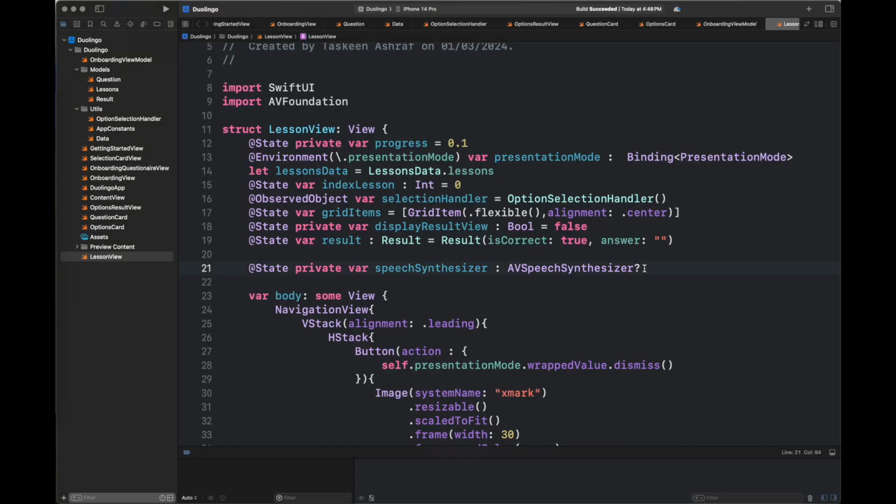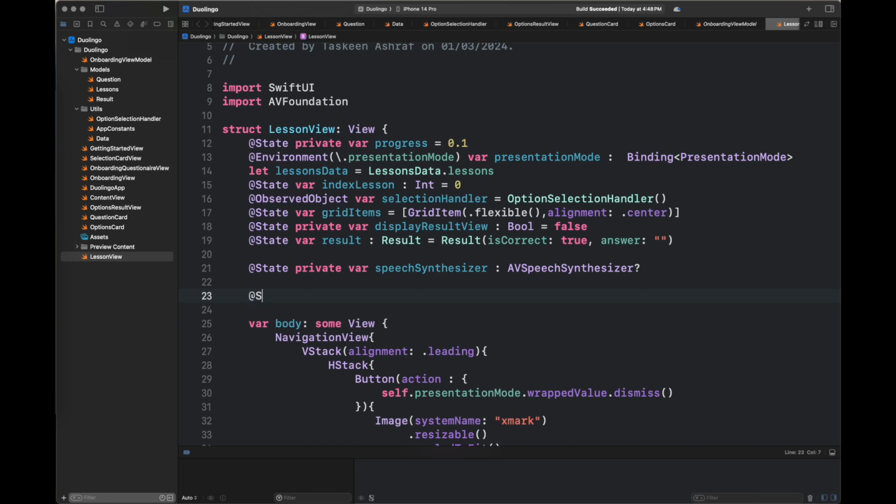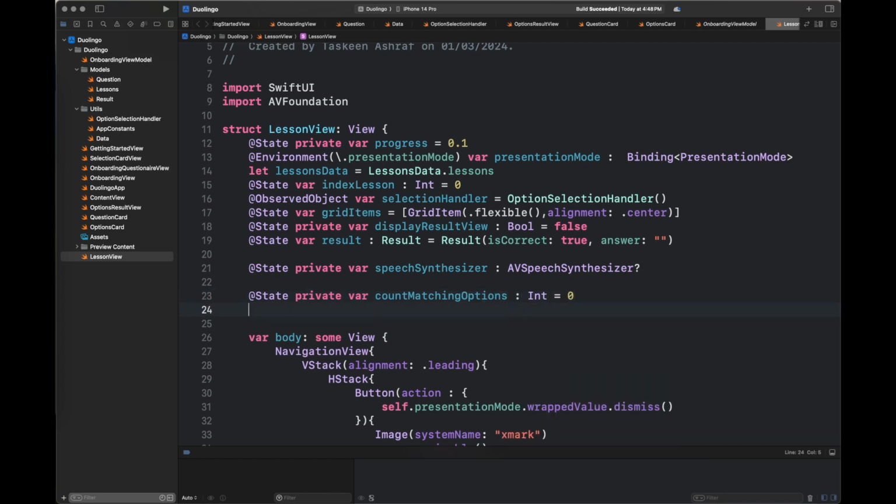So the screen I have just shown you is going to be created in this part 5, and also a reward screen will be added. So let's add the relevant variables inside our lesson view. The properties, one of which is count matching options, which is going to tell us how many options we have clicked up till now